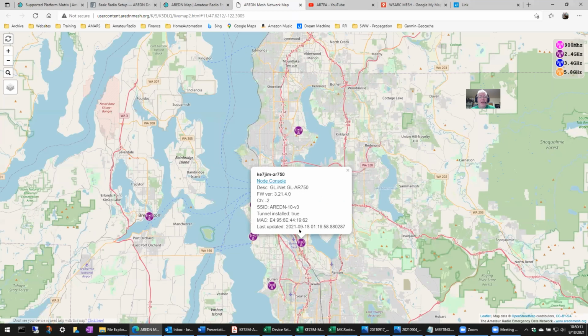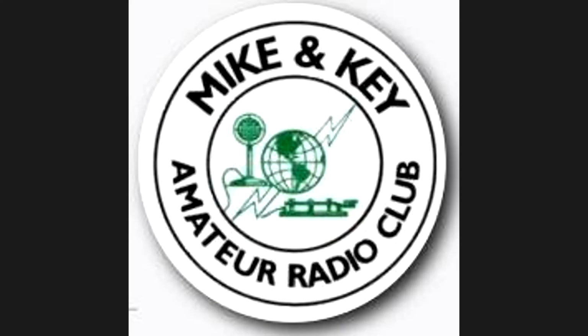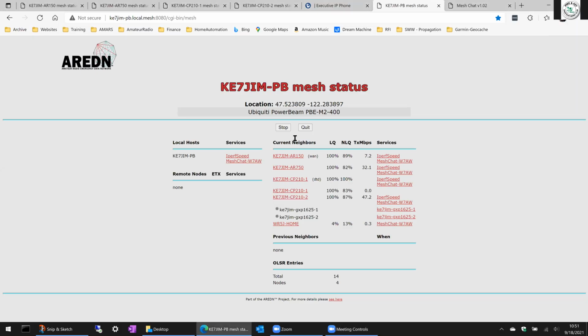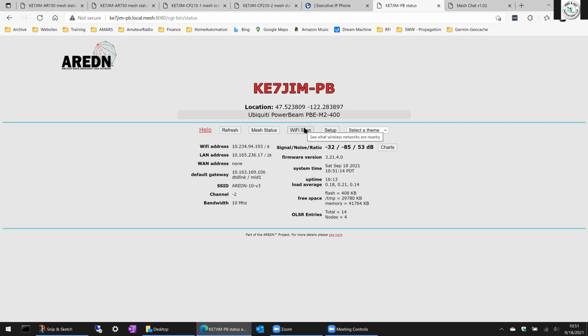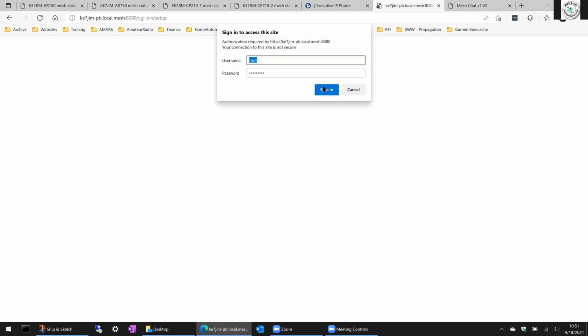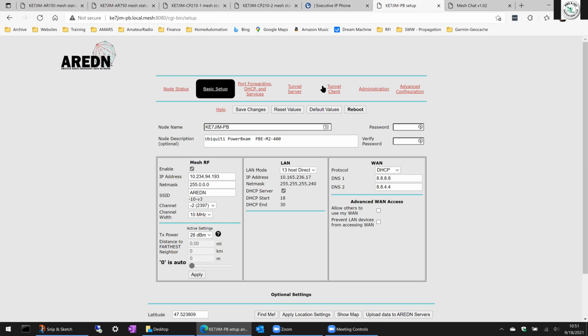And if you click on me, it says, oh, he's running the latest version. And then on the nodes themselves, to upgrade a node is very easy. Let me quit this. And you go over here in the setup, and it's password protected. And here in administration,